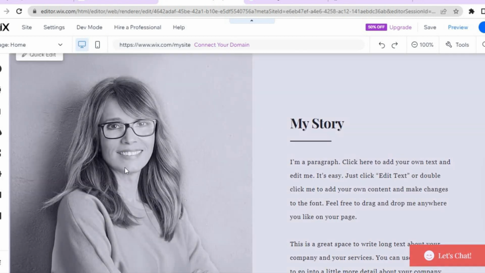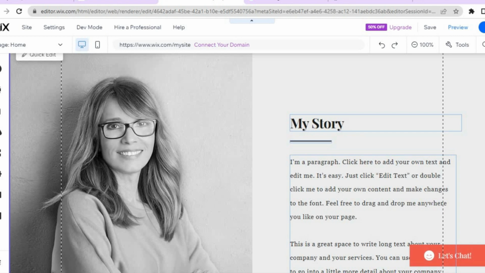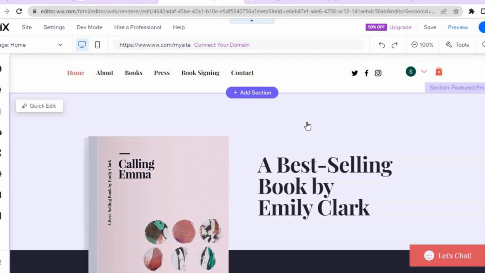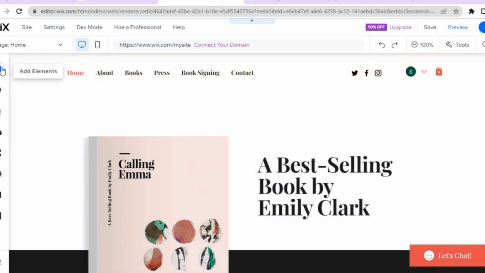More than likely, you're going to be adding your photo right here or the author's photo. You can also change the text and add your own story. So after you have done all of that, you can delete any section you want. And if you would like to add anything else, all you'll need to do is go over to the top